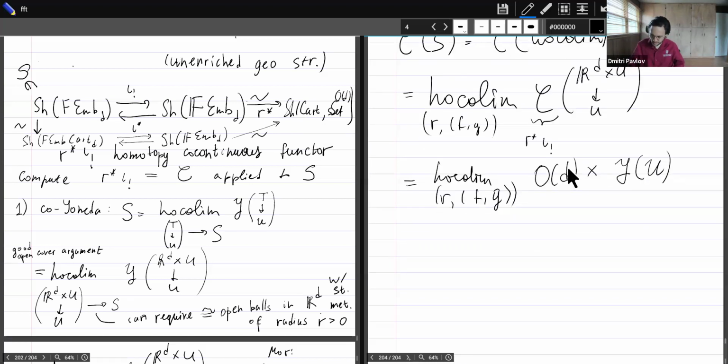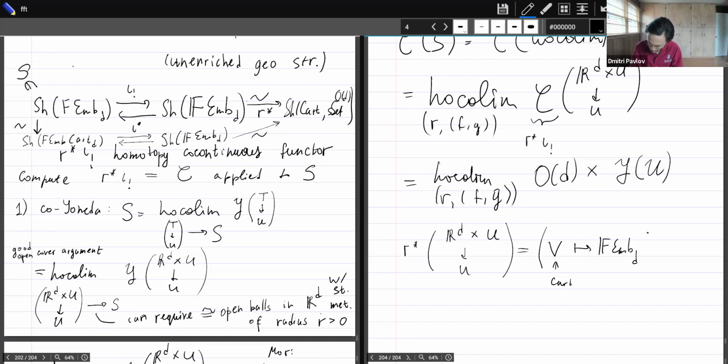Well, maybe I should just quickly write it down for you. So R star of this will be a presheaf that by definition is given by restriction. So it says a Cartesian space V goes to the enriched set, or smooth set, of morphisms from RD times V to RD times U. That's how representable presheaves work. And